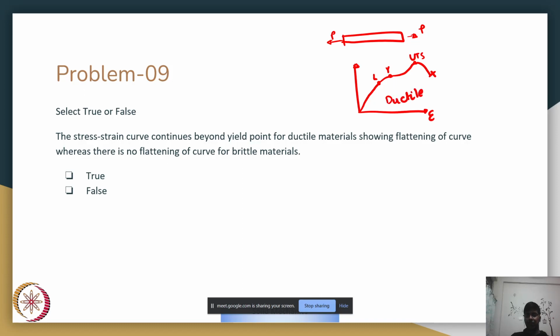For brittle bodies, it doesn't even go that far. It would go something like this and break here itself. So there is no flattening that you observe in the ductile case, right? You do not observe it for the brittle case. What is flattening, sir? Flattening is essentially that for no change in force,